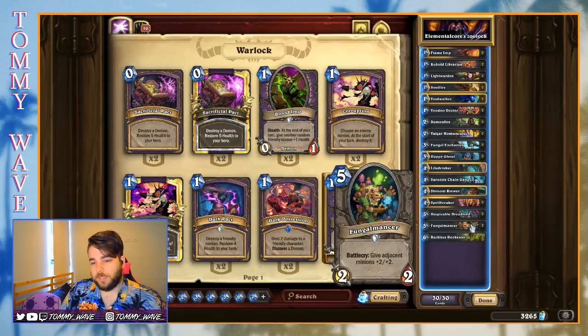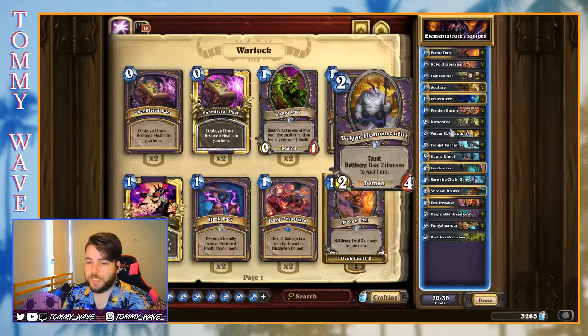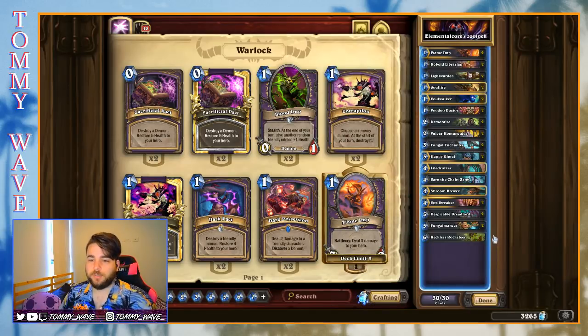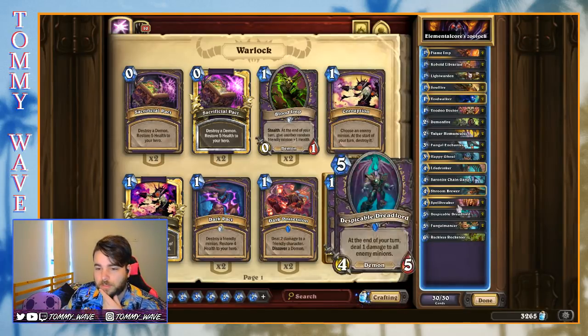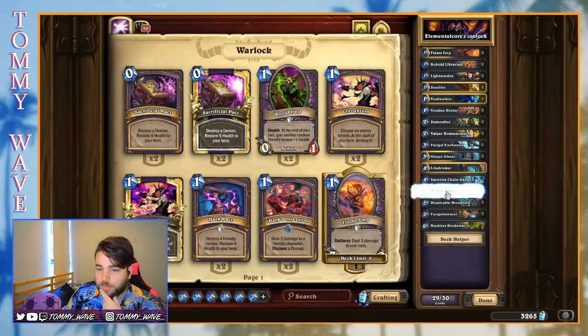Not only because it hits them immediately, but it's a big body, which can make it quite hard for decks that rely on damage-based removal to kill it. So I don't know what we can really cut though, because these kinds of lists are pretty tight on things. But I guess we could go down maybe a Shroom Brewer